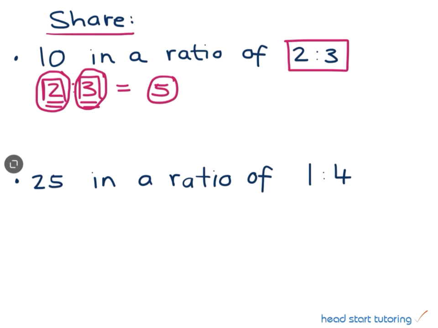And the reason that we are now working in fifths is because we plus our 2 parts together. So we say 2 parts plus 3 parts gives us our entire amount that we are working with, and that is always our denominator. So I will get 2/5 of that 10, and you will get 3/5 of that 10